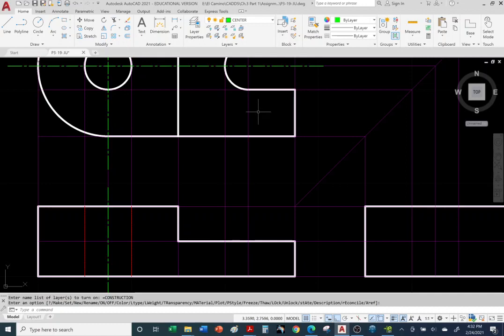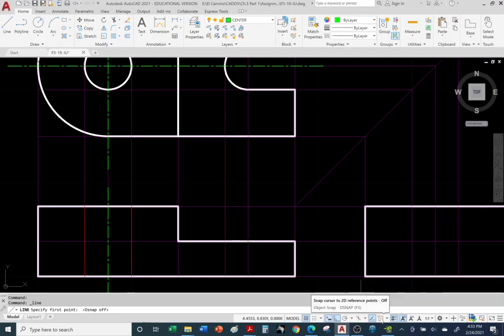Okay, so I'm going to use the line command to create a center line. We do have a center point here, right? So we need to create a center line representing the axis of this partial circular hole. Make sure you are in the center layer. I'm going to use the line command. And see how I can see that green X? That's because object snap is on. If I turn off object snap, I can no longer